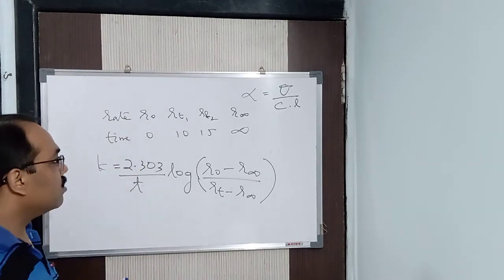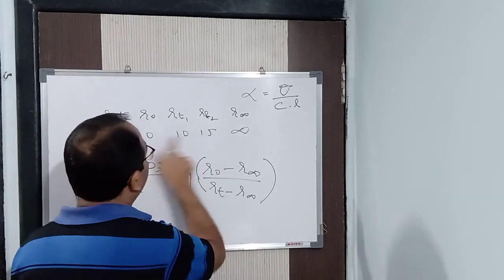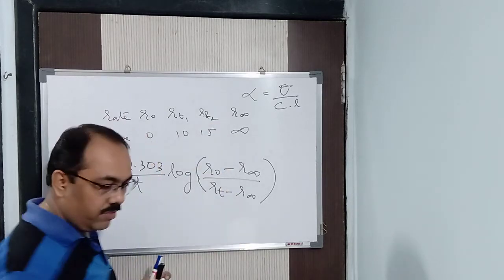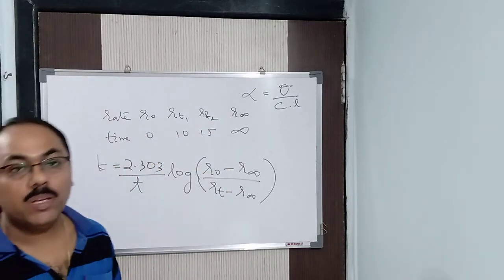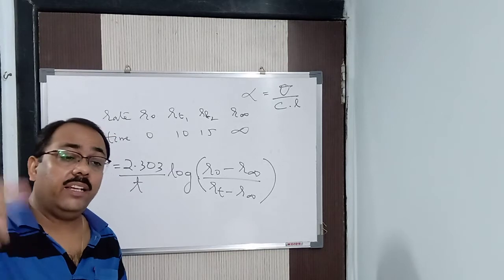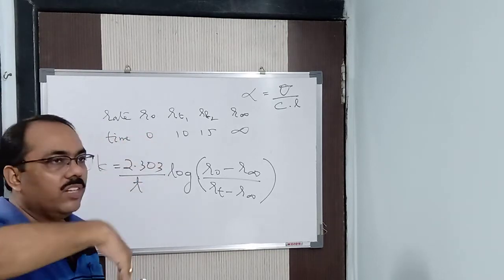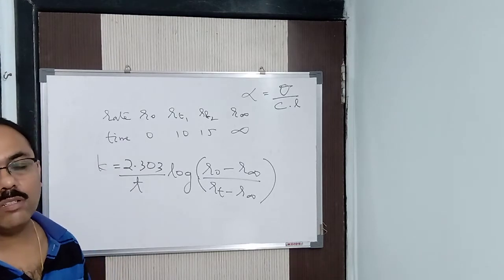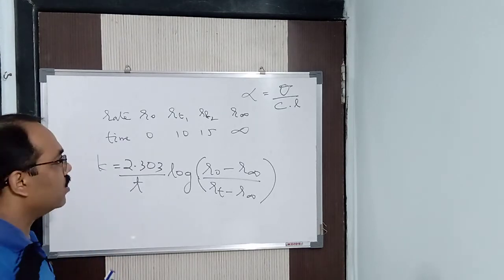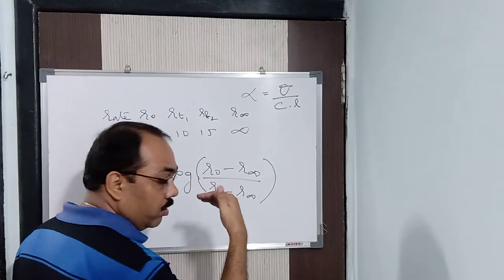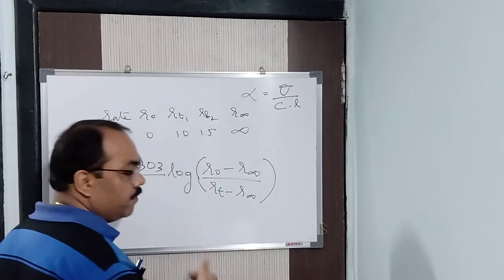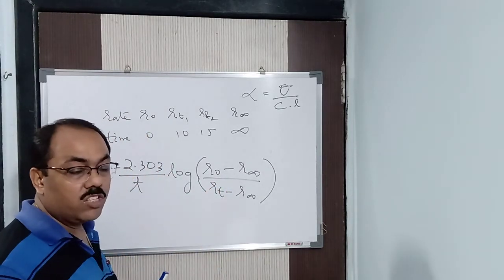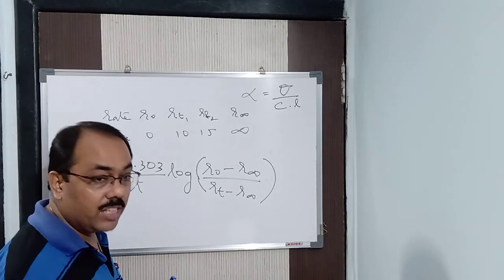Alright? Because when the time will be infinite, this value becomes negative. Because at infinite time, this angle of specific rotation is less than 0. Angle of specific rotation is less than 0. So if you have forgotten that, you go through the degree of specific rotation, what is optical isomerism, you go through it a little bit. For that reason I said that.